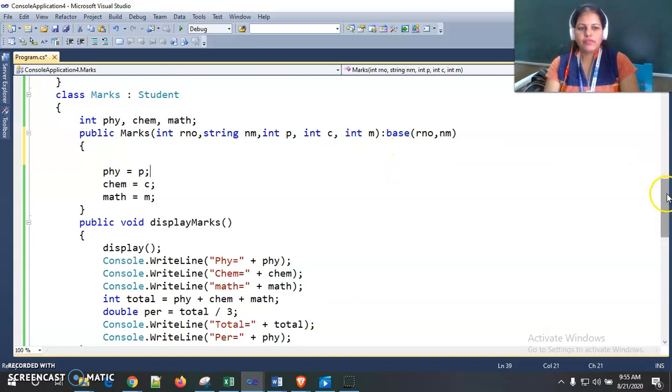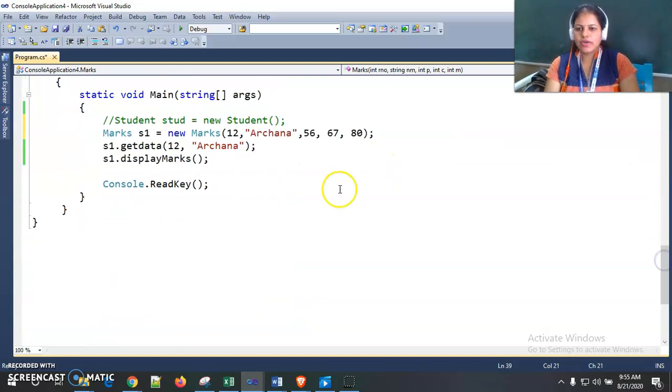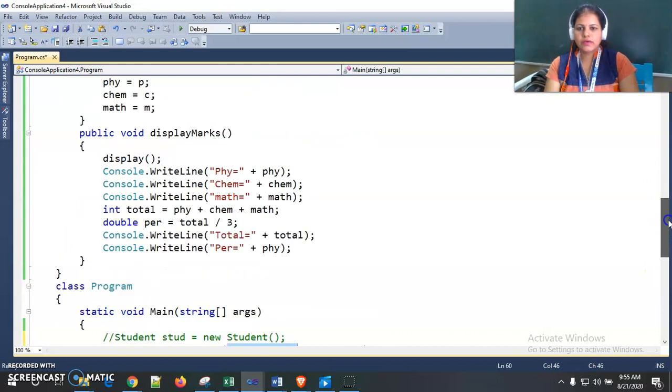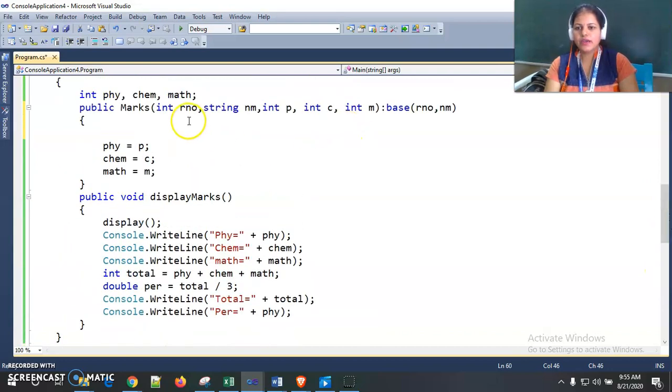So when we declare the object of our derived class and pass the arguments of the base class as well as the derived class, these two arguments we are receiving here in roll number and name, and these two I want to pass to the base class constructor. So I am giving this syntax.